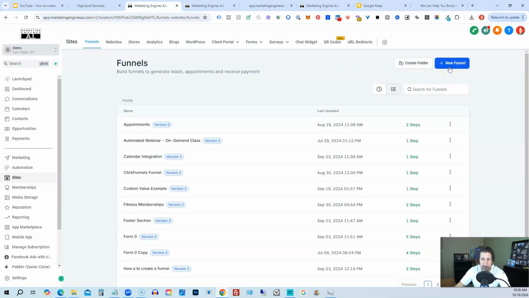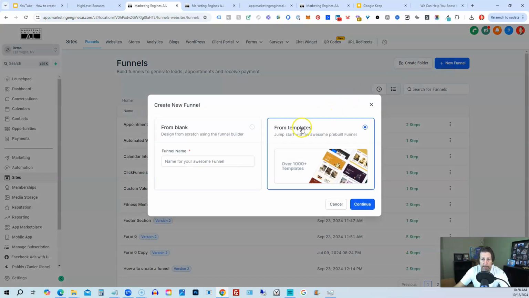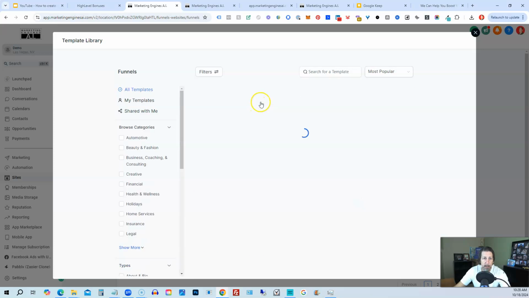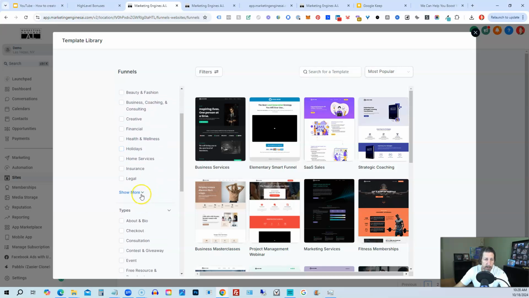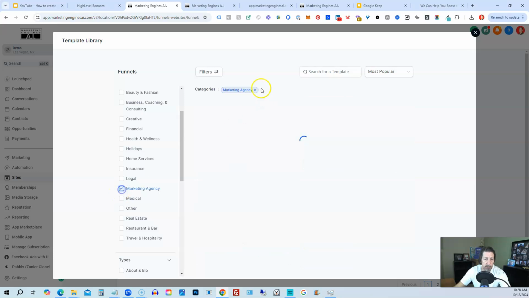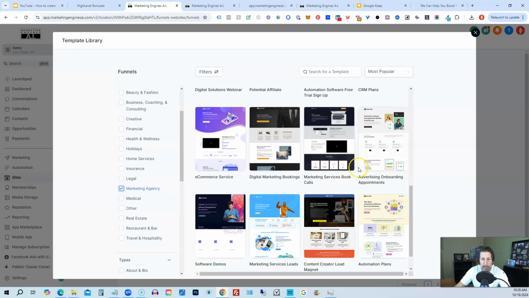So first things first, you can click on plus new funnel. Then you can start from a template. You can click continue. And then from here, if you wanted to build out an agency funnel, you can then choose based on all the different types like marketing agency. So you could select that. And then you can pick from one of these templates to get started if you're not sure what kind of